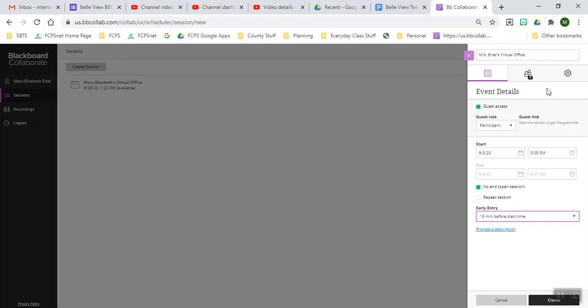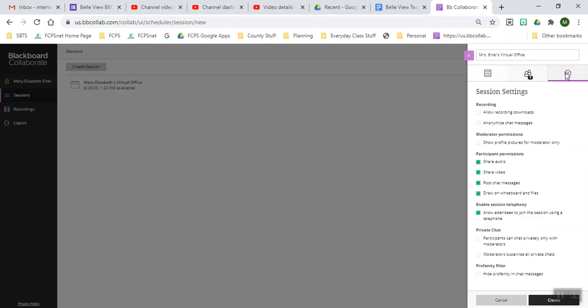The next thing you're going to do is go over here to our lovely gear icon, and we're going to do a couple of things. First of all, we're going to anonymize chat messages. It's under the recording settings. What that means is, if you were to display